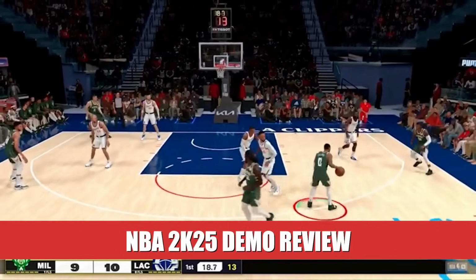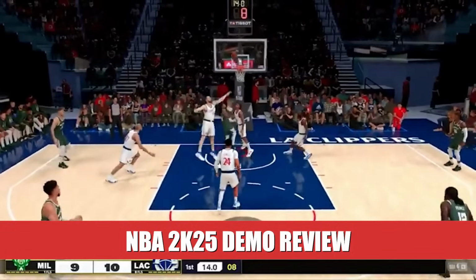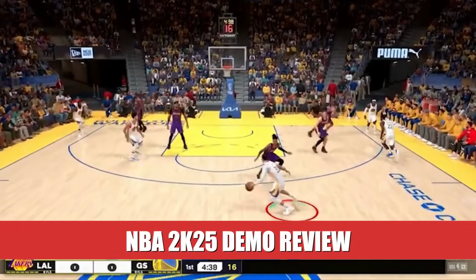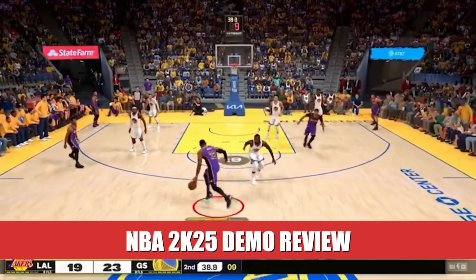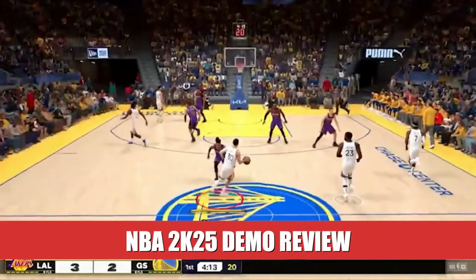My Team, another fan favorite mode, offers similar disappointments. The biggest pre-order bonuses include an Amethyst coach card and a Jayson Tatum card with an 89 overall rating. However, with the influx of cards rated in the 90s that are released throughout the year, Tatum's pre-order card will quickly become obsolete. NBA 2K24 introduced Kobe Bryant's Mamba